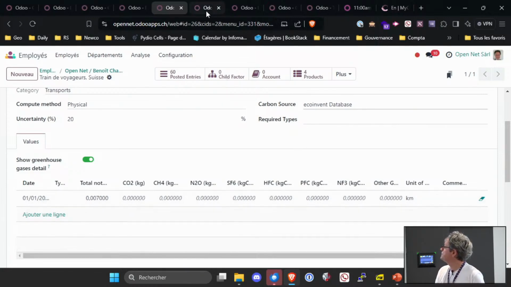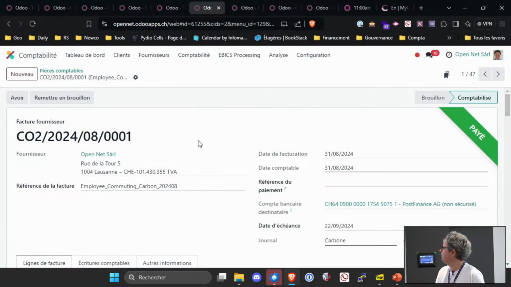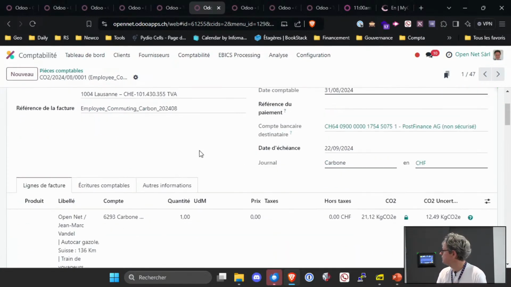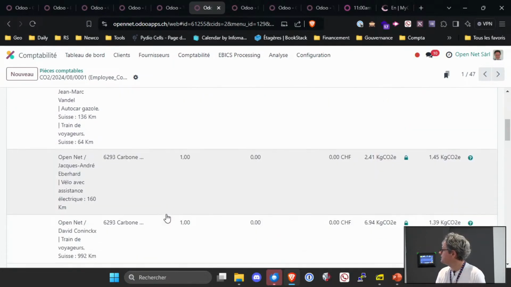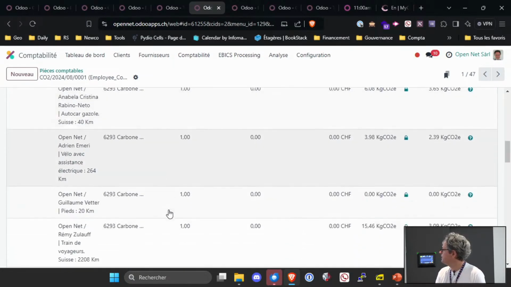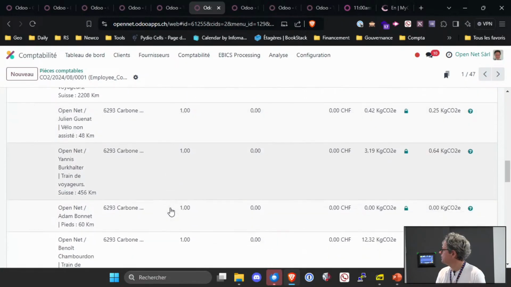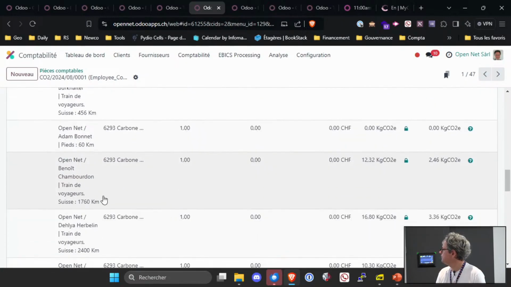Every month the system generates an entry in the accounting part, and you have all the details, employee by employee. Here for me, it's worth 1,760 kilometers for the entire month, and my commuting is generating 12 kilograms of carbon per month, at least for this month.